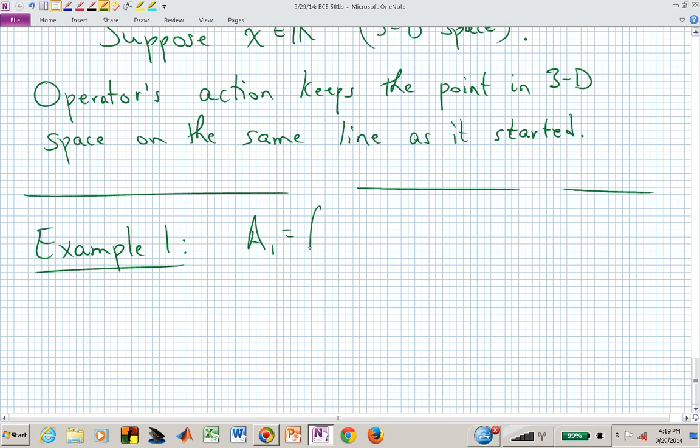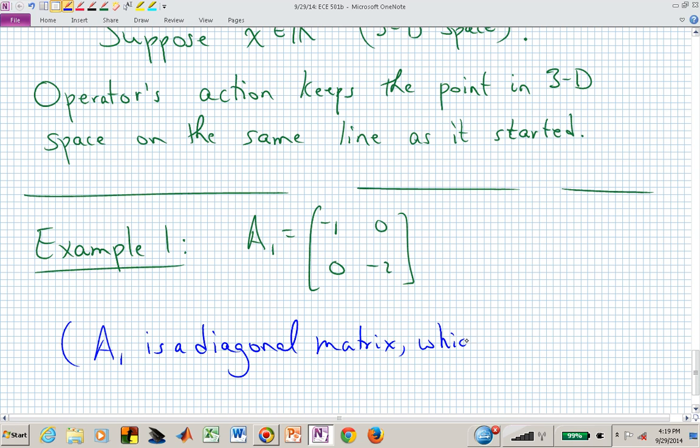Suppose A1 is [-1, 0; 0, -2], and I hope that everyone starts to say, oh boy, he's starting pretty easy here with this matrix. A1 is a diagonal matrix